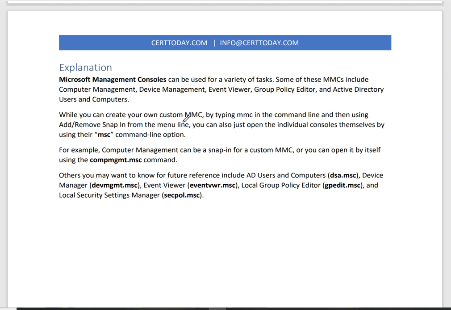For example, computer management can be a snap-in for MMC, but you can open it by just typing this command, right? So that would open the computer management console. Others that you may want to know for future reference include the AD users and computers. So instead of just navigating and going to start and programs and all that stuff, you just type in DSA.MSC, right? For device management, you just type